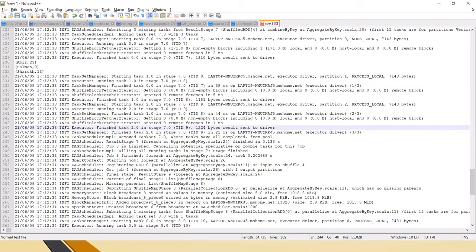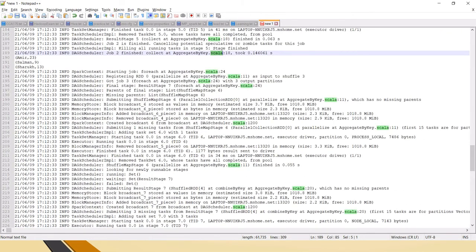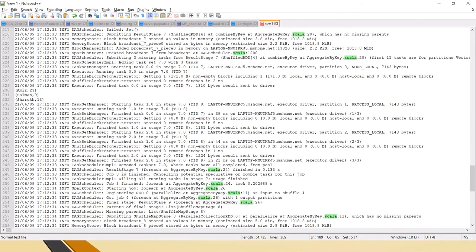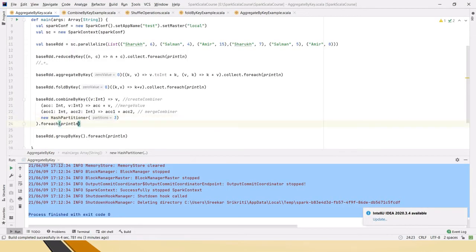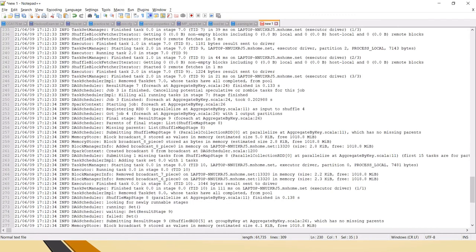Somewhere finished. You can see the job is finished, which is 24. If you see, foreach is there in the 24th line, because foreach is an action, that's when it will start executing. So even for combineByKey, the same result has been produced.